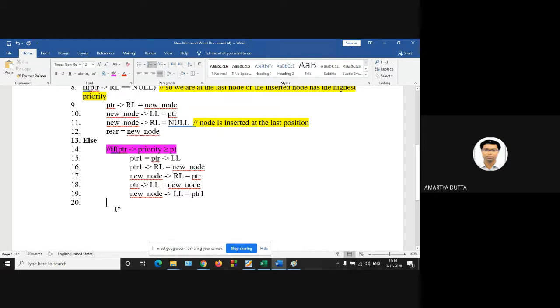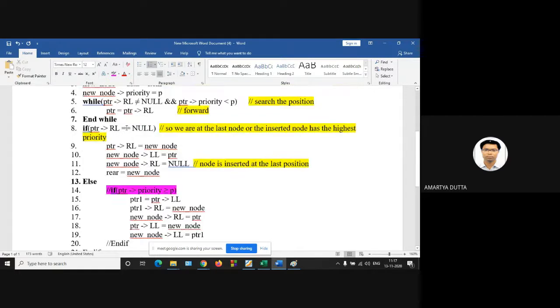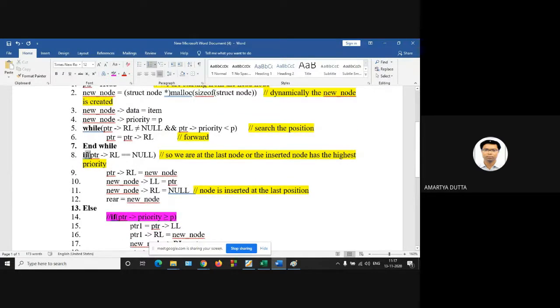So if you are using this if, then you can use end if, or you can omit this one. End if. Now again end if. This end if is used for this if.